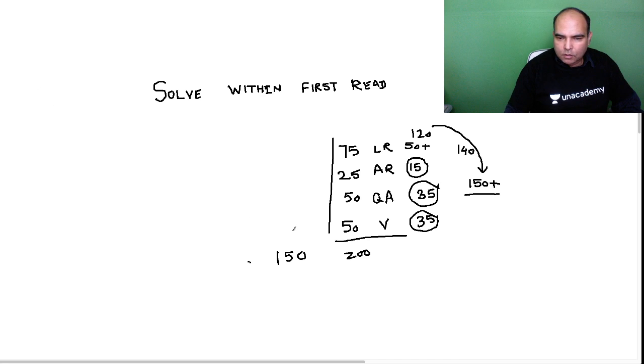So around 37 minutes on verbal, 37 minutes on quants, 1/8 of the time on abstract reasoning. So around 18 minutes on abstract reasoning, and the remaining 58 minutes